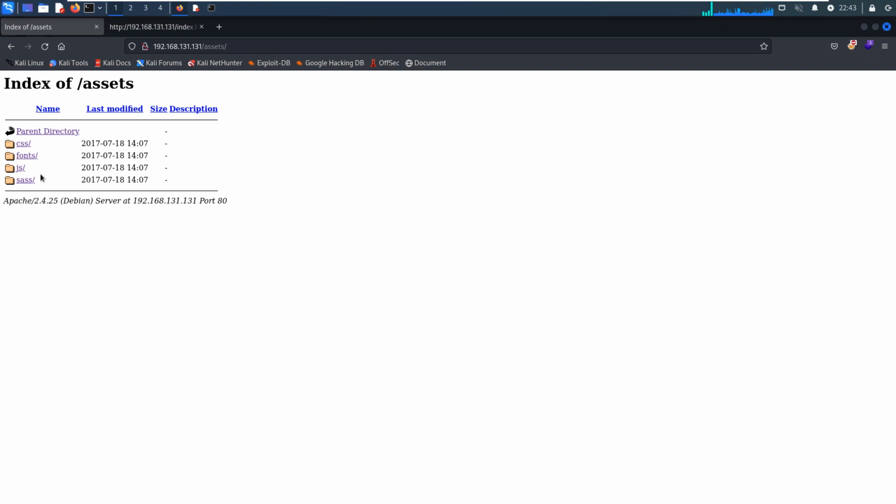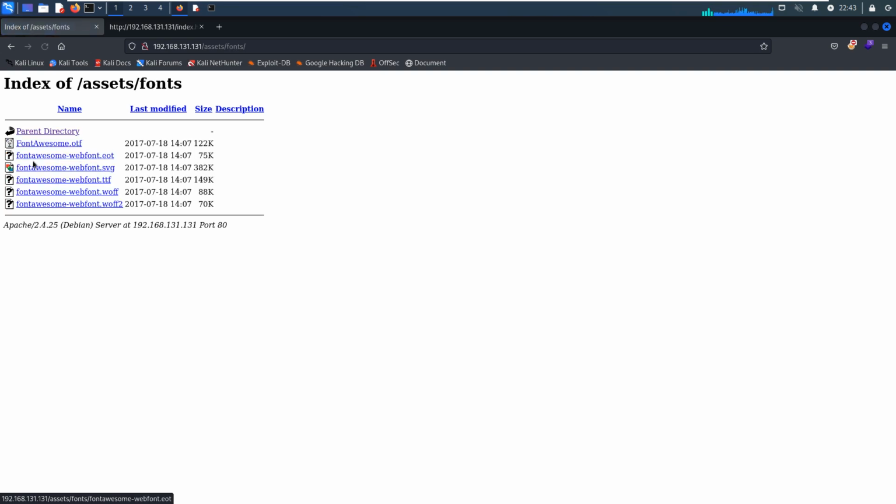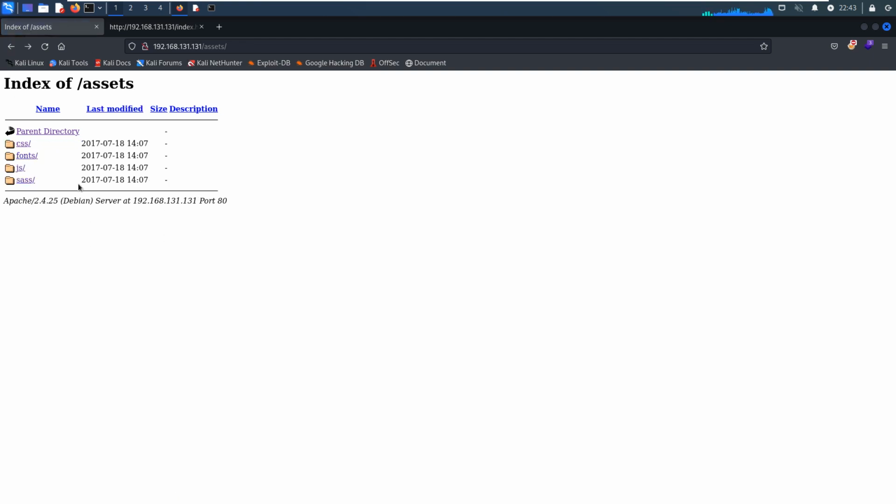There are some subdirectories under the assets like CSS, fonts, JS, Sass. In most cases, such directories contain static files which are used by the site. But if you have time, you can walk through all of the directories. But I will tell you, nothing can be found from the perspective of pen testing.